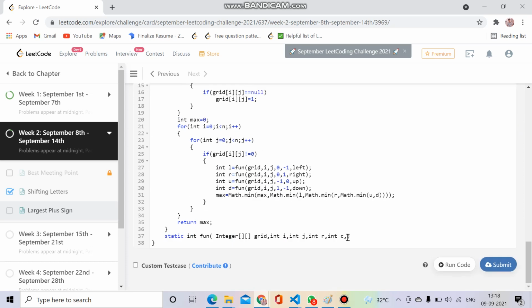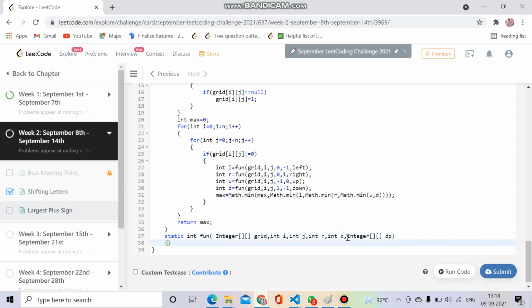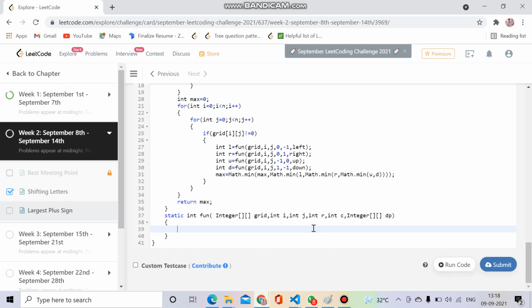It will be passing the address, so we can simply say dp. And first of all, what I will check, like if it is passing, is whether it is in the boundary or not. And how will we check it is in the boundary?